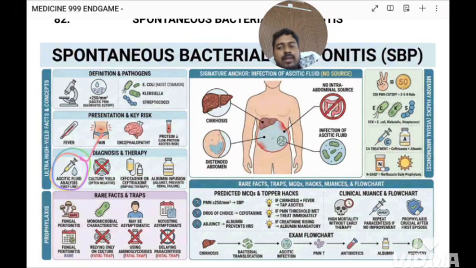When you do ascitic fluid analysis, which is the first line of investigation, you do an ascitic tap and you do microscopy of the ascitic fluid. Then you send for culture. Culture is often negative, okay? There won't be much role of culture in this. However, you will see more neutrophils in the ascitic fluid. So treatment is cefotaxime or ceftriaxone, which are third generation IV cephalosporins,